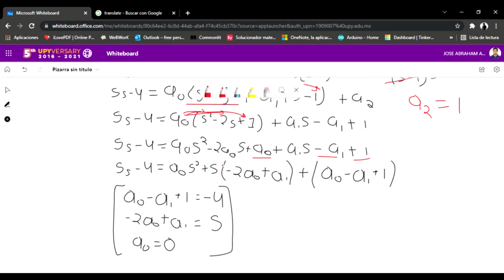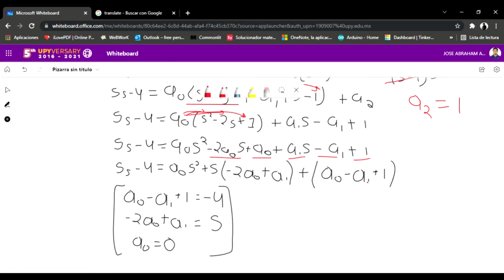We have s, and in the brackets we have minus 2a0 plus a1, everything multiplied by s. And we just have the a0 squared,